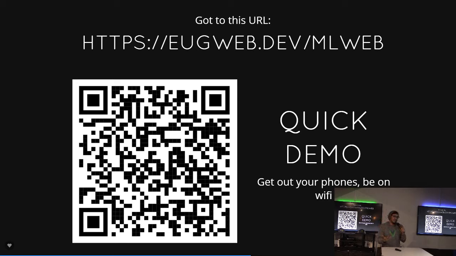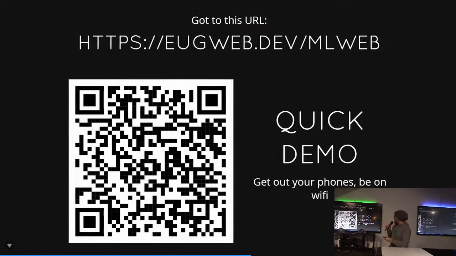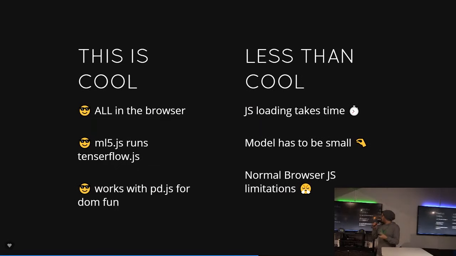Because it's image recognition, recognizing the entire image, the thing has to be the main focus of the image, and it guesses over and over again. So sometimes it's right, sometimes not. Point it at whatever you want, it'll just try and guess based on that pre-trained model. Yeah, I put out objects that I know it can recognize. So feel free to play with that. But I'll talk some more about why it's cool.